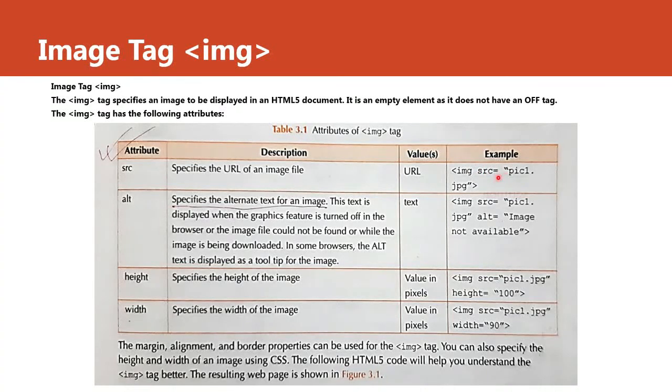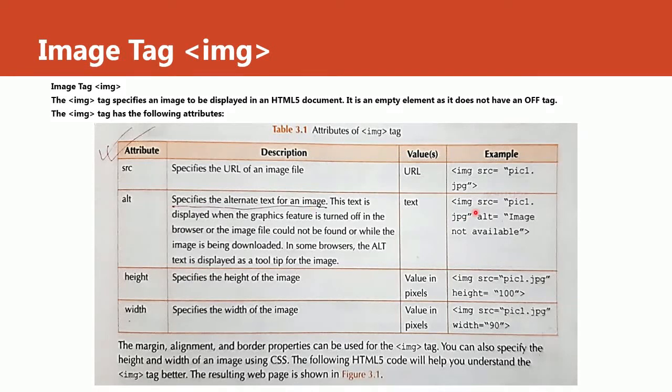That means the picture is located in which location, from that location it will pick. Okay. Then next is ALT. ALT for what purpose? It specifies the alternate text for an image. That means you want to